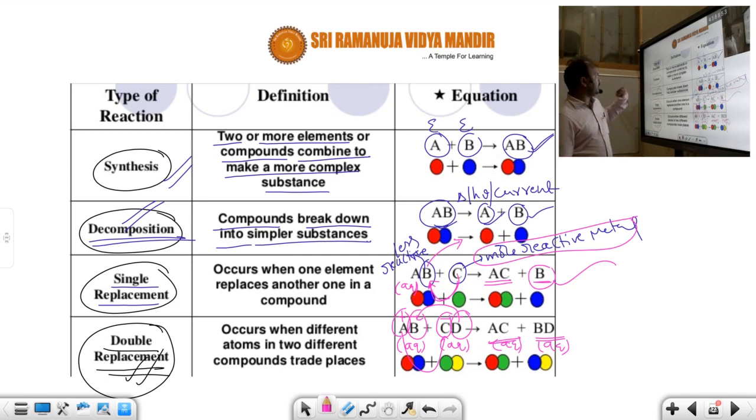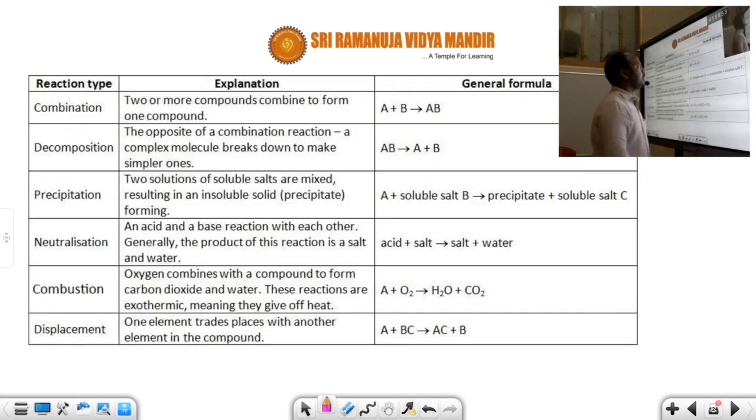So these are the types of reactions: what is a synthesis reaction, what is a decomposition reaction, what is a single displacement reaction, and what is a double displacement or double decomposition reaction. Take a look here. Combination reaction means that two or more substances, maybe elements, maybe compounds, or an element and a compound, combine with each other to form only one new substance. That is called a chemical combination or composition reaction. Quite opposite is the decomposition reaction.